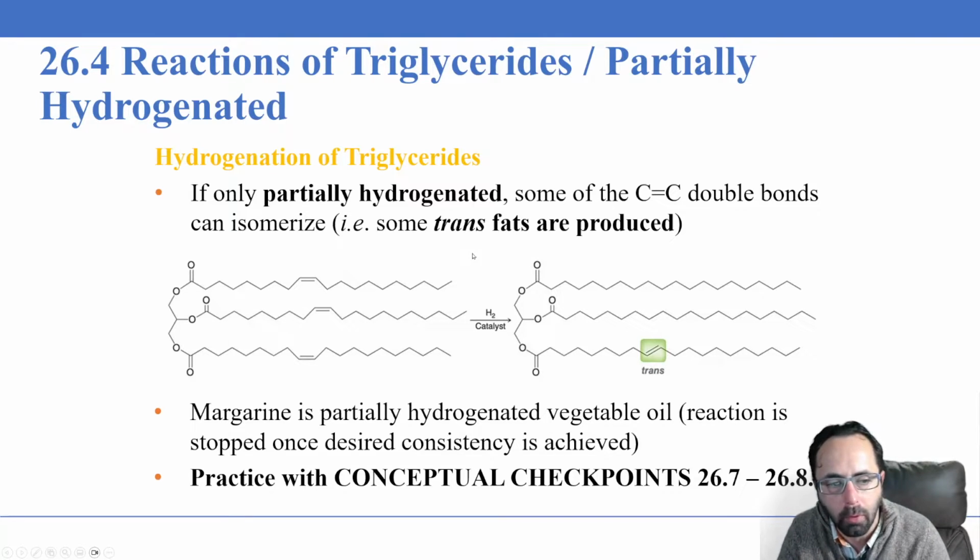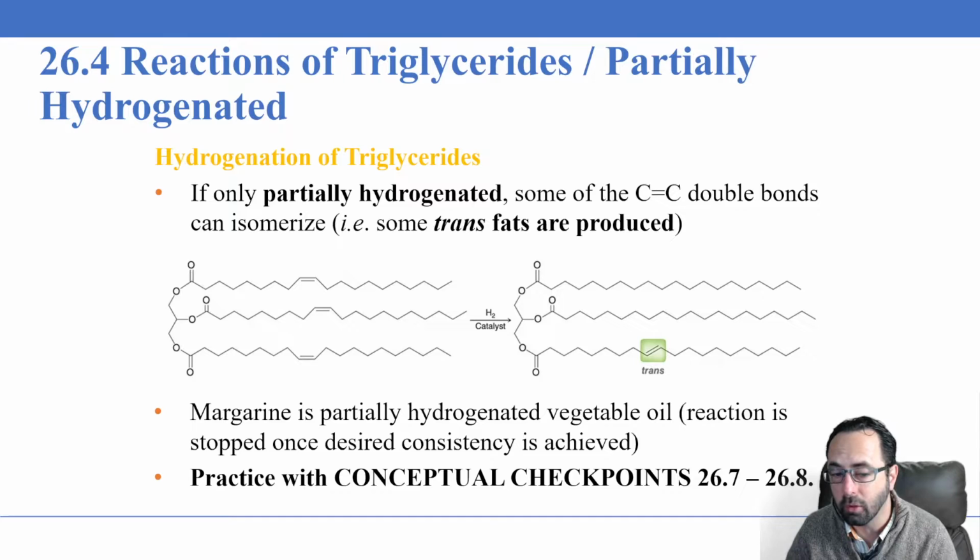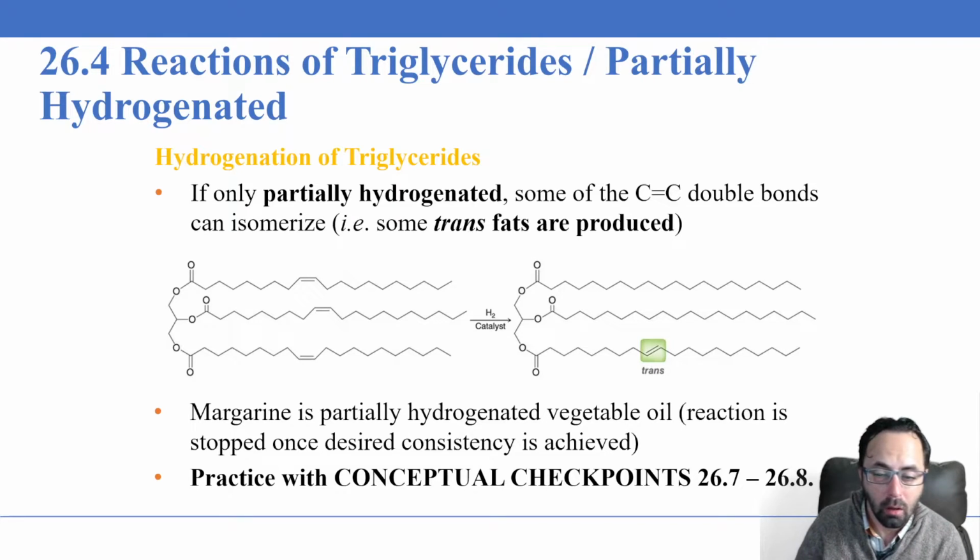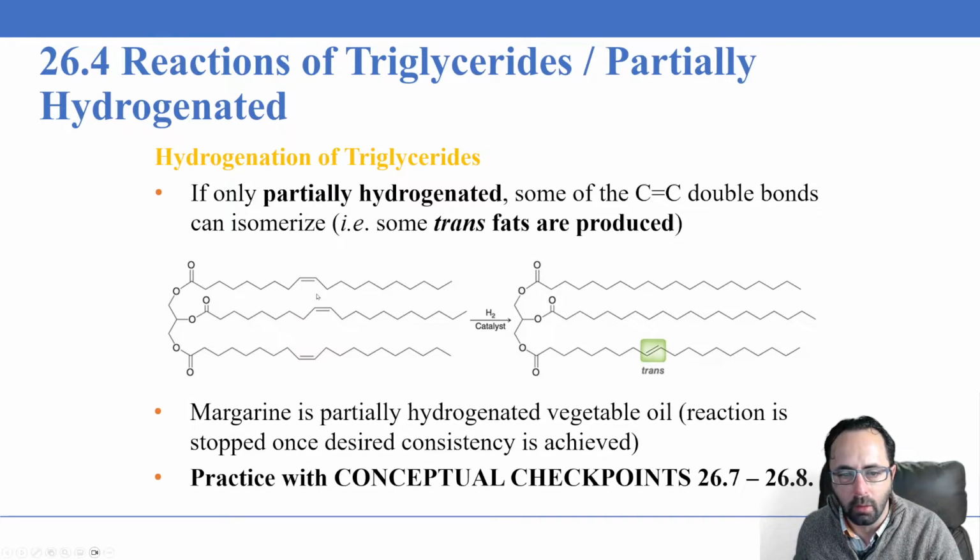Now, there is a problem with partially hydrogenated vegetable oils, and that is that when this chemical reaction occurs, it can lead to isomerization of the molecule. So as I mentioned previously, all natural fats have a cis configuration on their double bond, on the same side, a Z. However, if you heat these up high enough, it's possible that the double bond can break for a moment and then reform. After that, a rotation has occurred on the single bond, and then ultimately a trans double bond exists